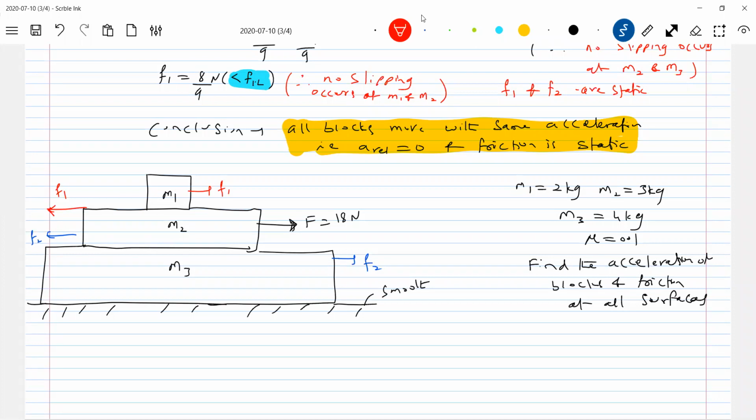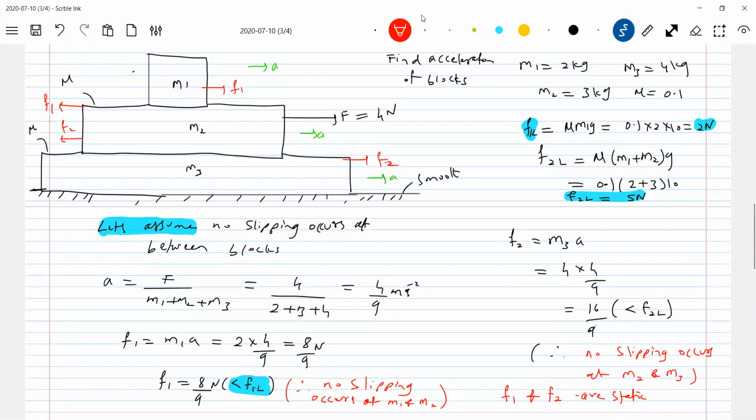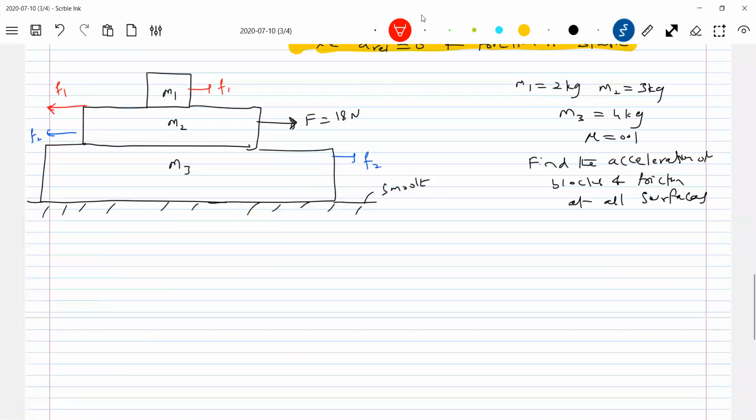No, what are the limiting values of friction? The same data: F1L is 2 Newton, F2L is 5 Newton. All of you, please do attempt. This was what we have calculated, not given. Looking at this one, there's the information. Now again, how are you going to start the problem?